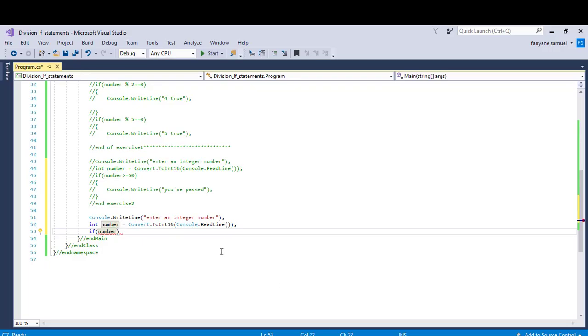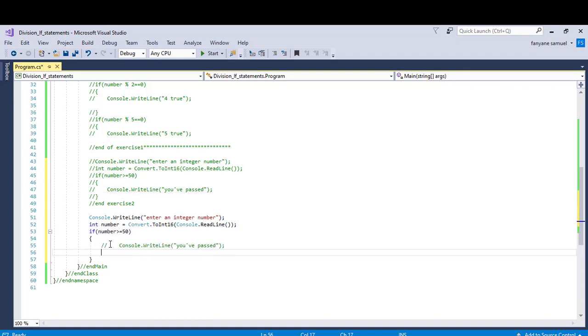If number is greater or equals 50, then I want you to say, copy and paste, okay, you've passed, else